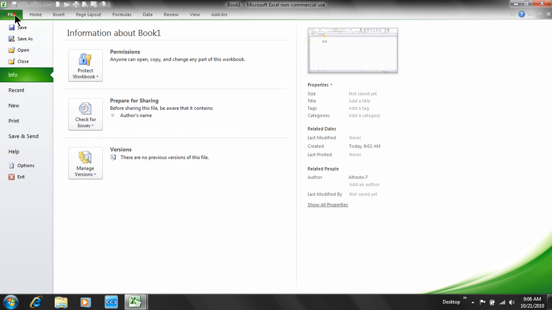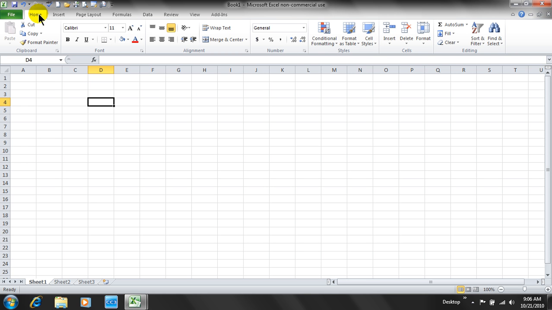So we have the file tab. After the file tab, we have the home tab. Once we click on the home tab, we're gonna have the ribbon. All this bar right here is called the ribbon. On the ribbon, we're gonna have different tools. Now these tools are